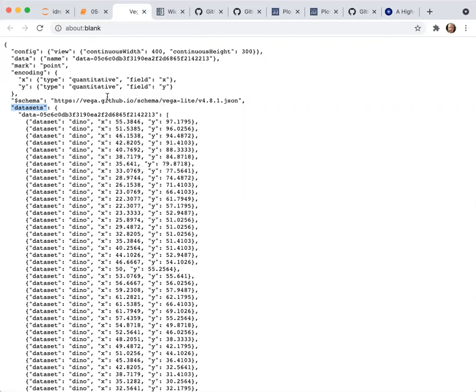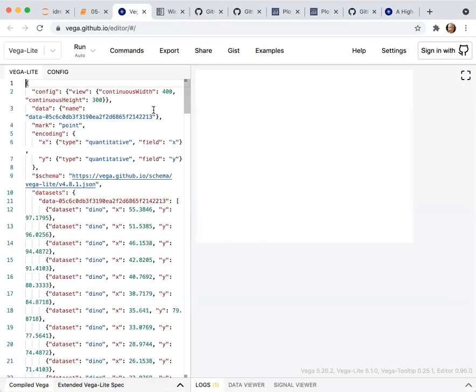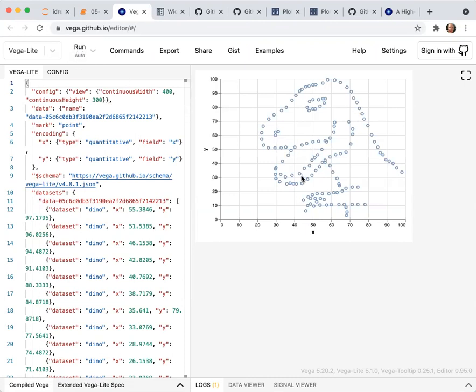You can see here, kind of this ties in with what you would include on a web page. You can also open this in a Vega editor, which will allow you to view the JSON alongside what would be generated on the web page using this Vega-Lite with this particular JSON file. So on this, I can say run, and it generates this graphic, which is how Vega would render the graphic from this JSON file.